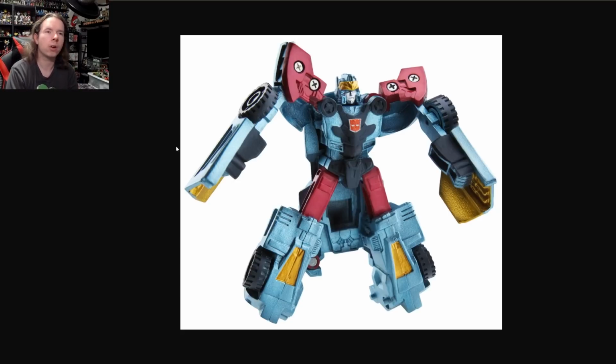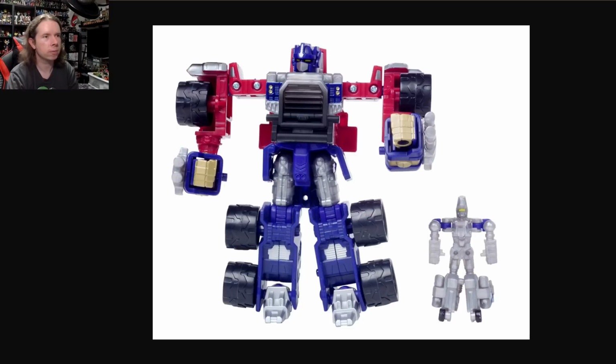So I found a whole bunch of really bad official stock photos of Transformers over the years. They might have been used on a website, on an online shop, in a magazine, whatever, but for the most part, they are all official photos from Hasbro that were approved and put out there in order to try and sell a figure. So let's see just how good of a job they did. And the first one,